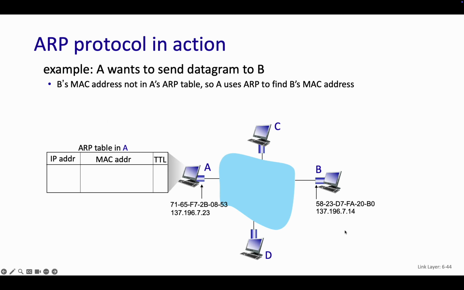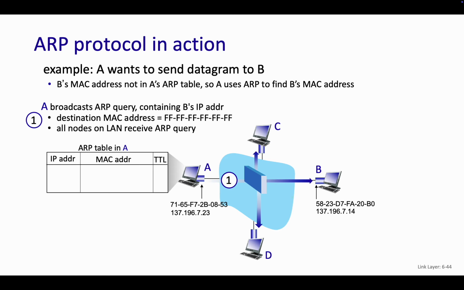So let's say A wants to send to B. Somehow A has B's IP address, not MAC address. So we'll say, hey, who has this IP address? Send a response to me. Of course, it doesn't know who to send this to, so it has to broadcast it out. ARP is a link layer protocol, so it only has to fill out the destination MAC address: all Fs. What is all Fs? Everyone, broadcast. So it just says, hey, everyone, who has this IP address?